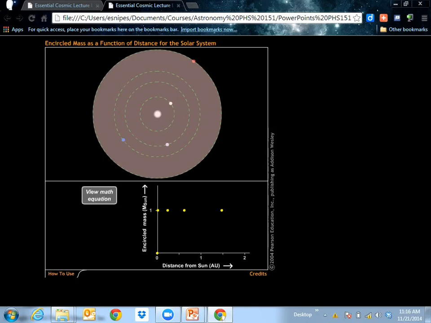Not much change. The point here is basically all of the mass that is in our solar system is mostly just in the sun. The planets are just kind of like little tidbits. And that has consequences. Let me go ahead and put the equation back up here. Basically, this is constant. This is the mass of the sun.